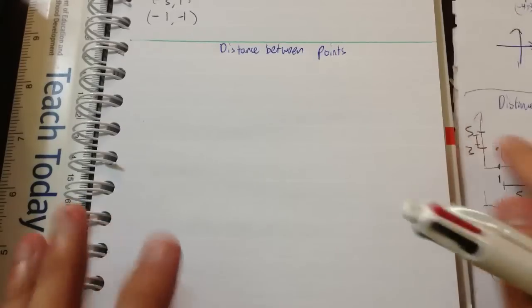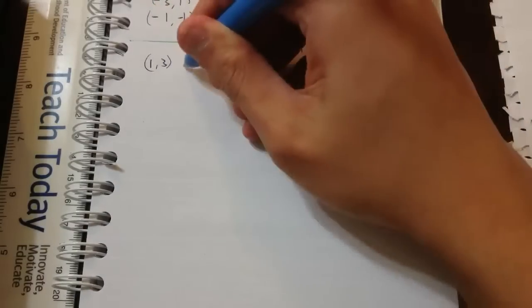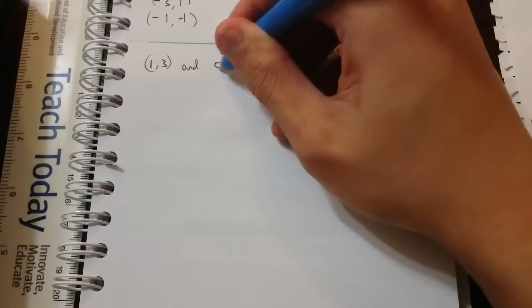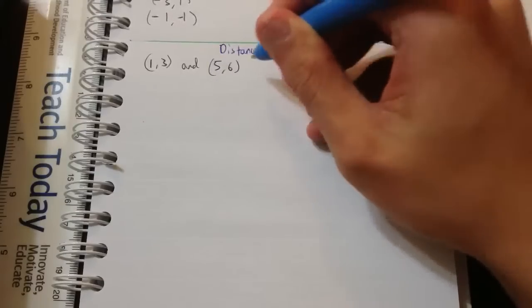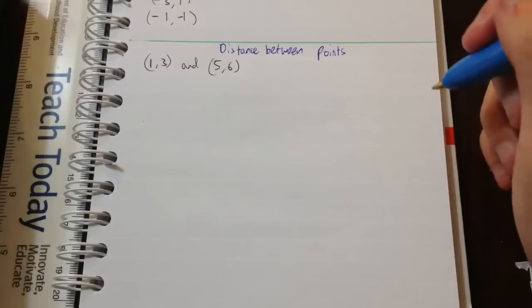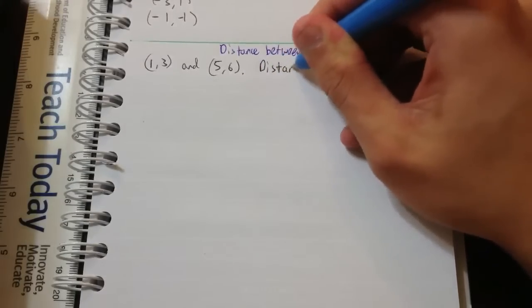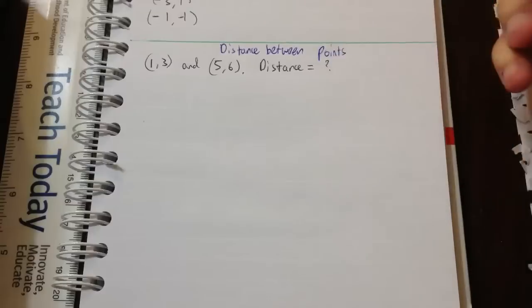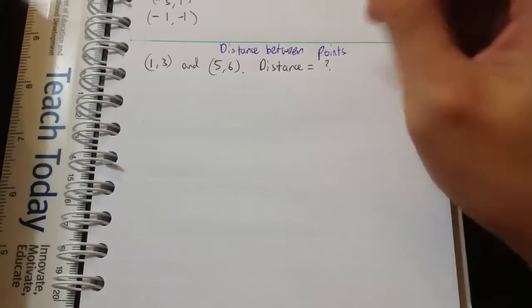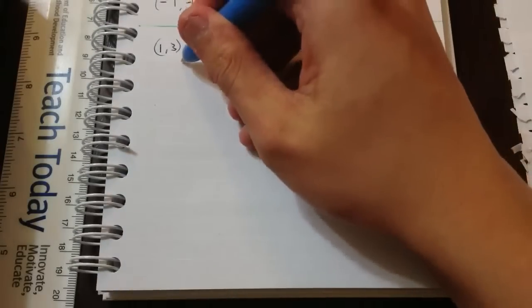Okay, so now we're going to go on the distance between points. If I give you 2 points, (1, 3) and (5, 6), what's the distance between them? Distance equals question mark. So let's go back and use our Cartesian plane again to help us figure out the distance between